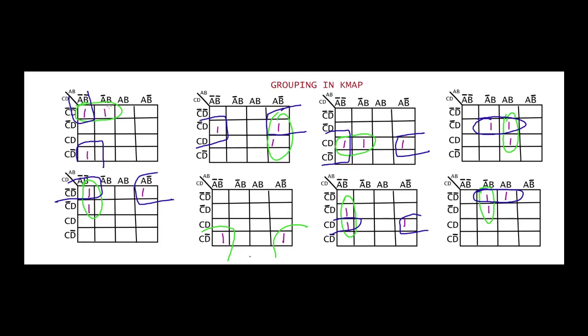For the green color group I get C bar D bar, here I have A bar B bar, A bar B. So the common term is A bar, and from here I'll have C bar D bar. This is the minterm for the green circled group.